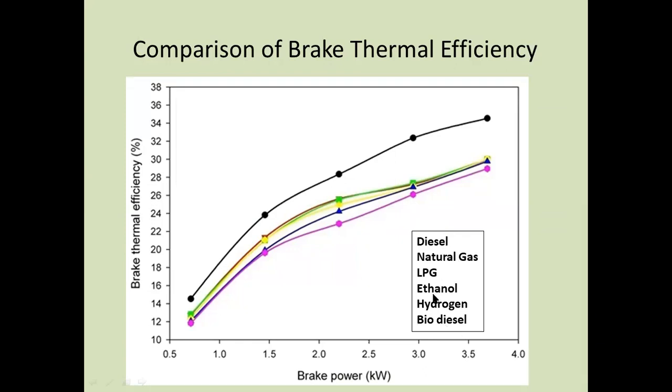So here ethanol is blended with diesel, and biodiesel is also blended with diesel, and LPG is blended with gasoline, and natural gas is also blended with gasoline. So we can find out these various parameters from operating the engine. After that we can find out the brake thermal efficiency parameters. This can be given directly from the combination of gasoline engines and diesel engines. Here natural gas, LPG and ethanol are blended with diesel, and ethanol is blended with petrol.